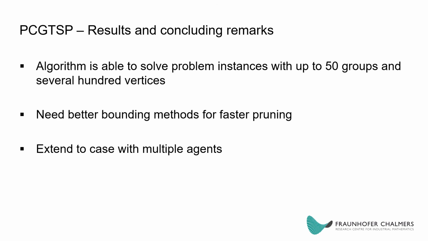We tested this algorithm on several synthetic and real-world problem instances with a time limit of 24 hours. We found that the largest problem instance that was solved had 50 groups and hundreds of vertices. The scaling for large numbers of vertices is in general quite manageable. While the pruning method we describe in this presentation is powerful, the different methods for computing lower bounds that we have evaluated are quite weak. This is probably due to the fact that the precedence constraints are almost completely relaxed in this part of the algorithm and are quite difficult to incorporate.